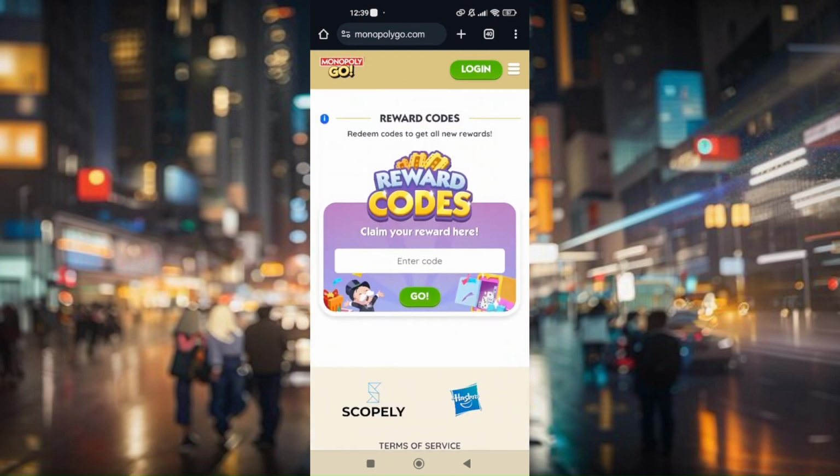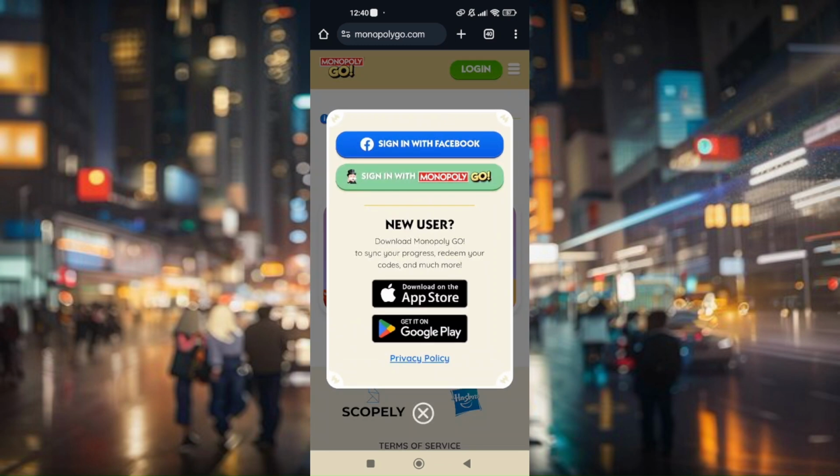codes. Now once you already have the code in hand, then this is going to be the part in which you'll have to enter in. You'll just have to make sure that you're logged in either through your Facebook account or directly from your Monopoly Go account. You'll be able to get this either from the App Store on Apple or from Google Play